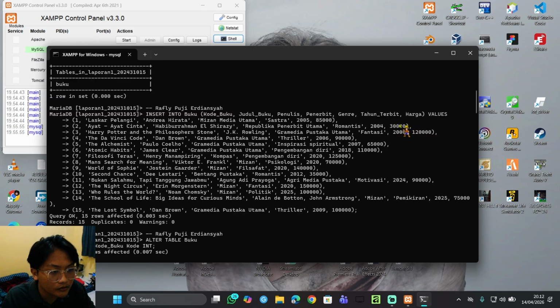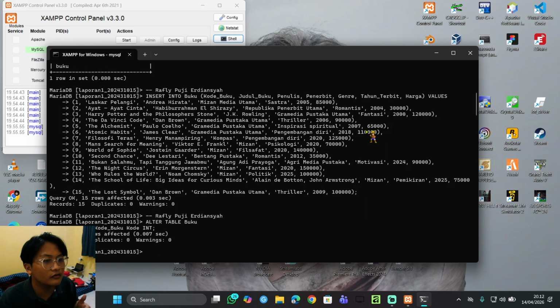And then for the values, we have to type in the same position. At first, we type kode buku, after kode buku we type the judul buku, after that we type penulis, and so on.